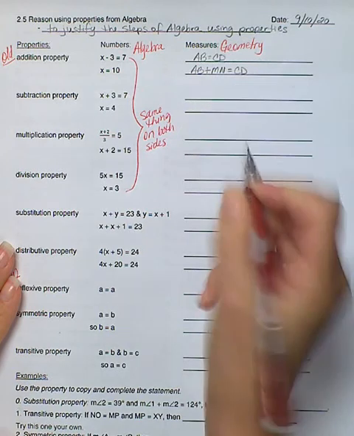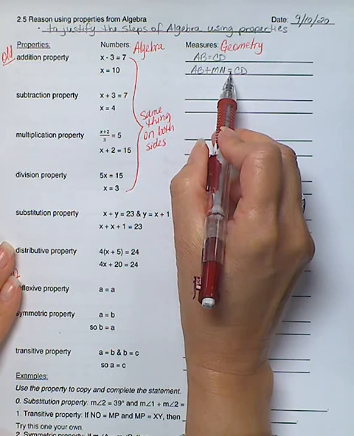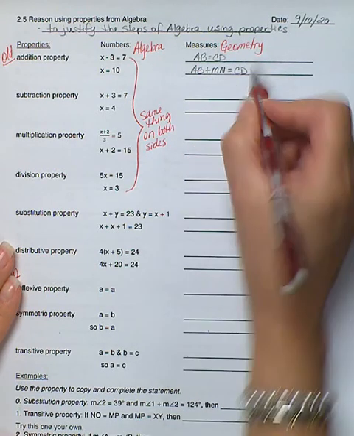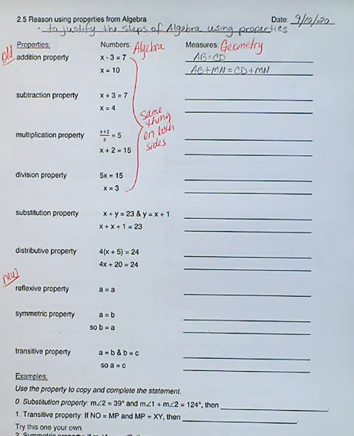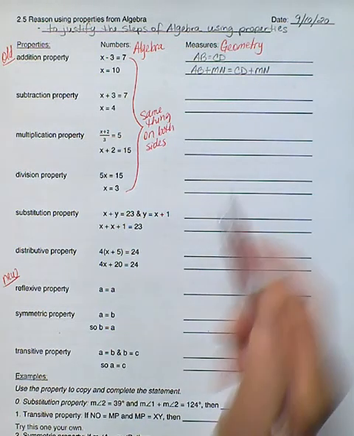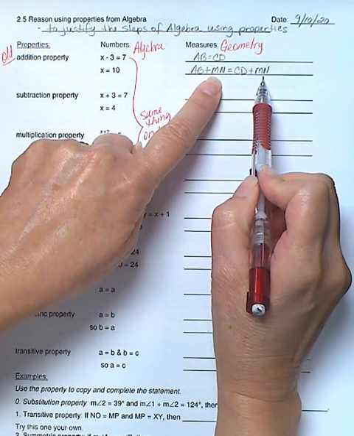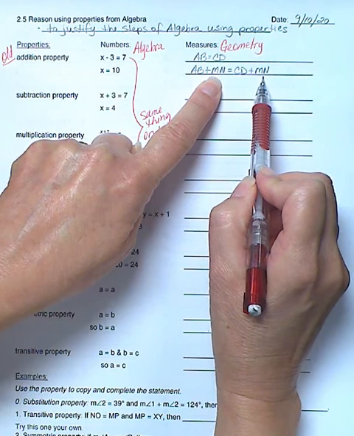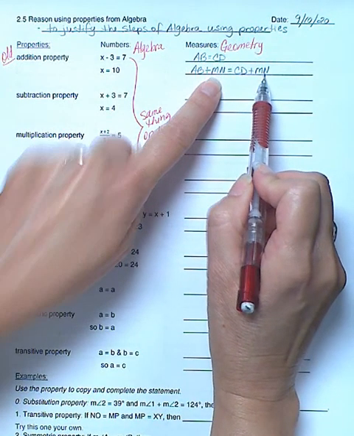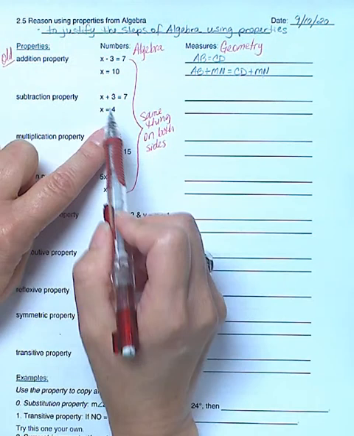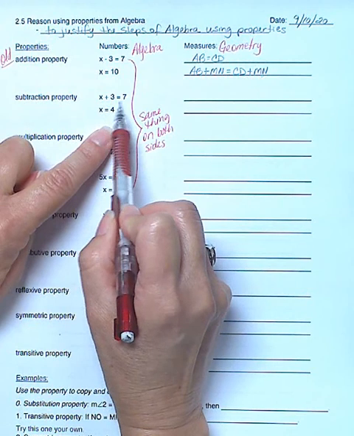So the length of AB, if we add on the length of MN and we still want it to be equal, then we have to add on the length of MN to the length of CD. So here they were equal, and now they're still equal because we added the same thing to both sides. So this is the addition property because I added the same thing to both sides. Okay, so algebraically, if I have an equation that I need to subtract 3 from both sides,